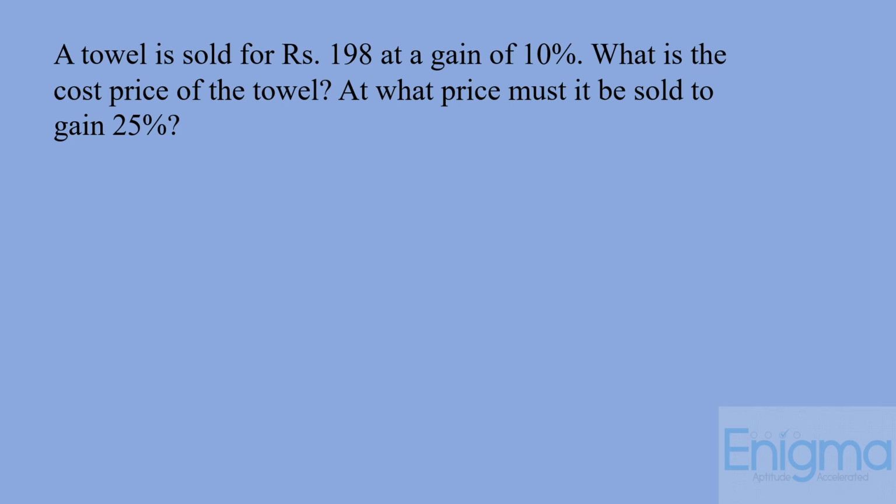Okay, we have got a couple of answers. Now, the correct answer, I guess, is of Rohan and Prasan Raj. Okay, now be careful over here. A towel is sold for rupees 198. Again, we can use our formula selling price equal to cost price into multiplying factor. Selling price is 198. Okay, cost price we want to find out. Multiplying factor becomes 11 by 10. So from this thing, you get cost price as 180.